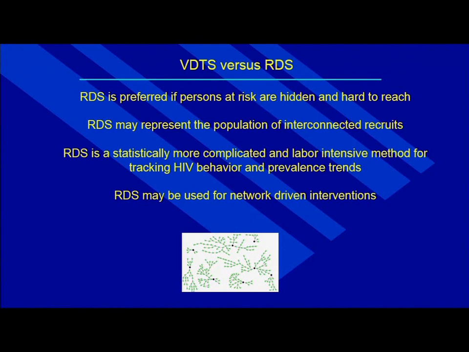The assumptions of RDS are more complicated than VDTS because it assumes a Markov chain of events where the result is independent from the beginning, and that is very often, I think, a difficult statistical concept to explain to people, particularly if you are working with ministries who have to do surveillance and you have to explain these things. They may really not understand how this is possible and how it works. As the sample goes forward, the different waves, it becomes independent of the beginning, so it's more complicated.